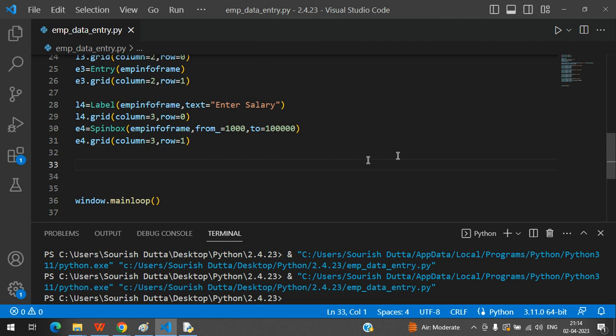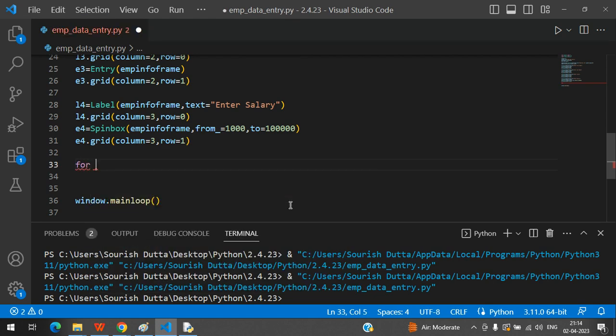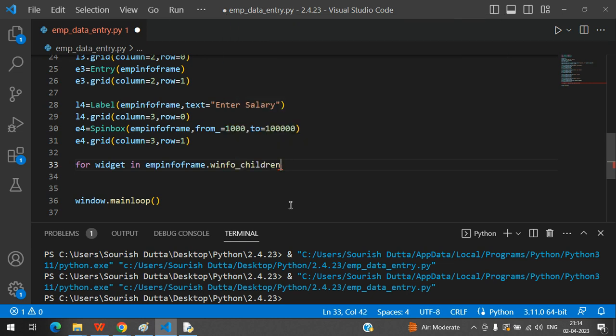We can use the individual pad option here, but there is also a shortcut process: for w in emp info form dot winfo children. It will take all the elements inside that particular frame,